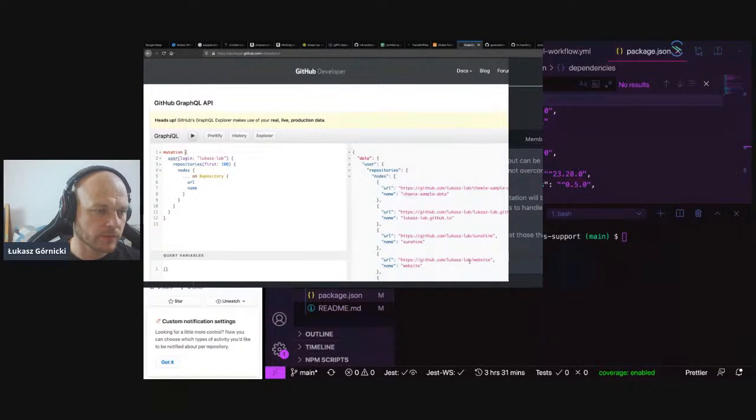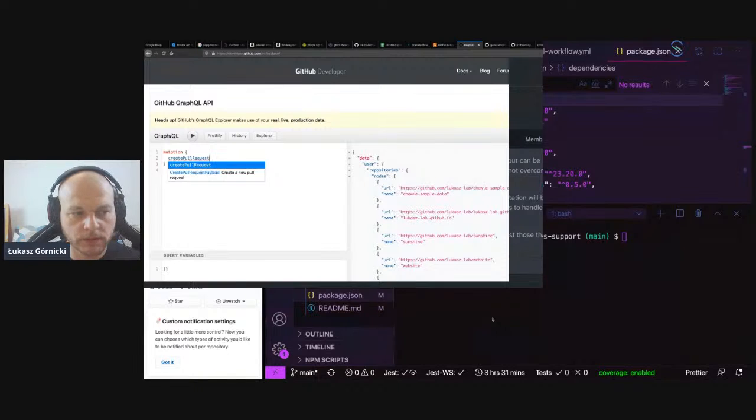Do I have to write mutation? I didn't copy the name. What was it? Create pull request. Got it. Okay. And as an input, we have to provide